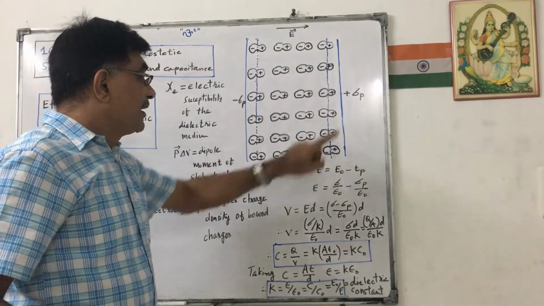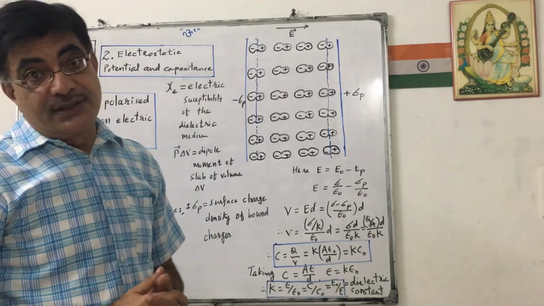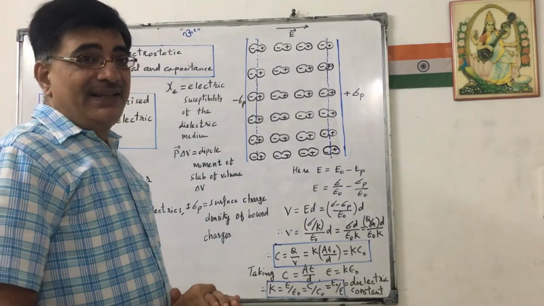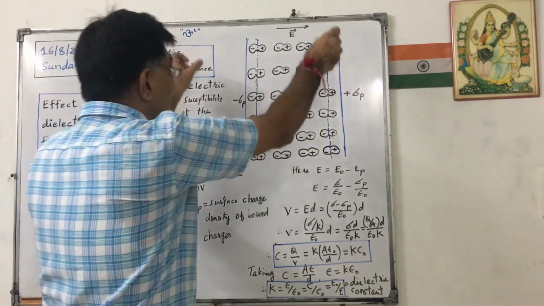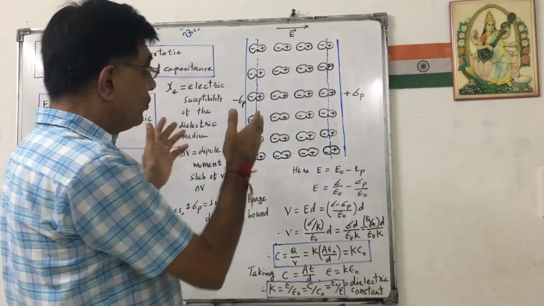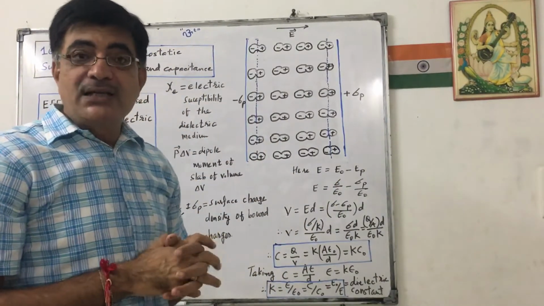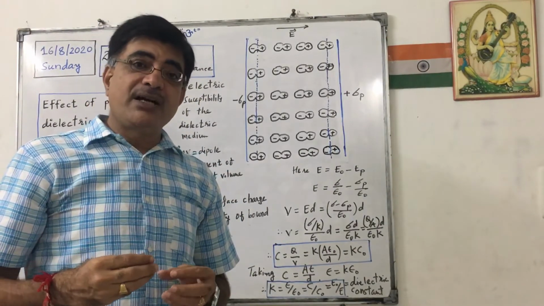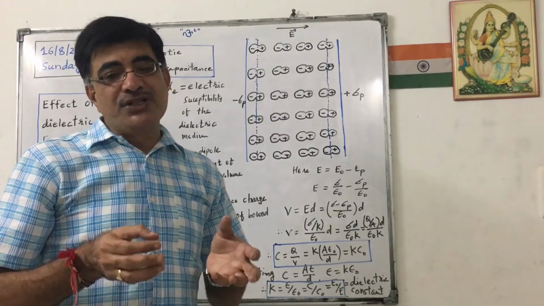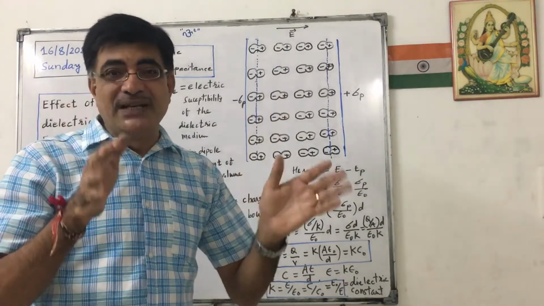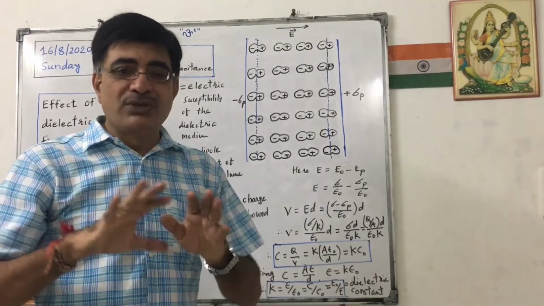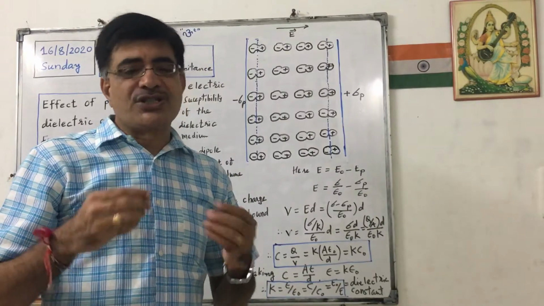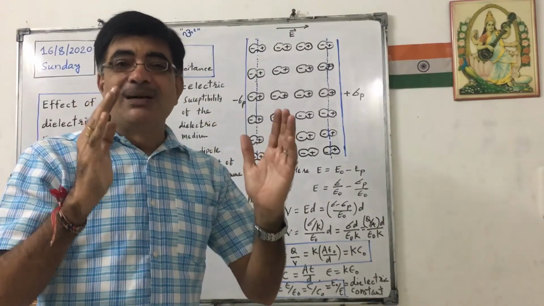These charges are said to be bound charges. The charges on the plates, that I have not drawn here, can be said as free charges. Here, free means we are free to decide how much charge we want to place on the plates. It is not that free means they can move.